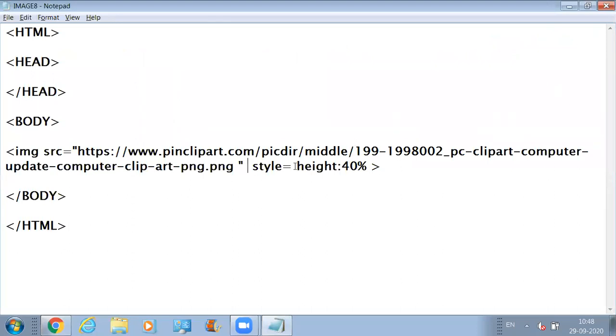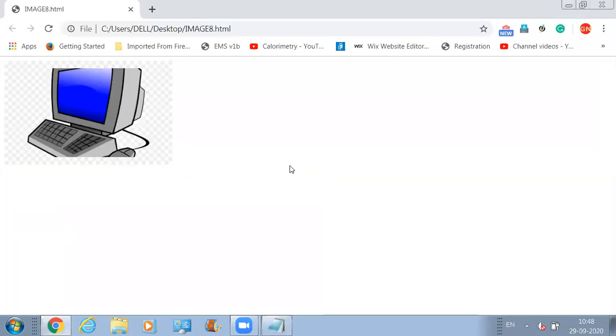Again, there is a property called float. You can use this property, and there are two values which you can pass for this attribute. Let's pass left as a value for this attribute. So this is what you're going to get.